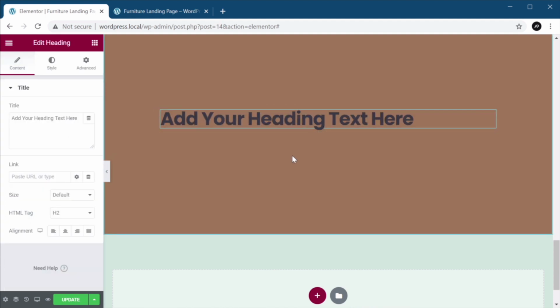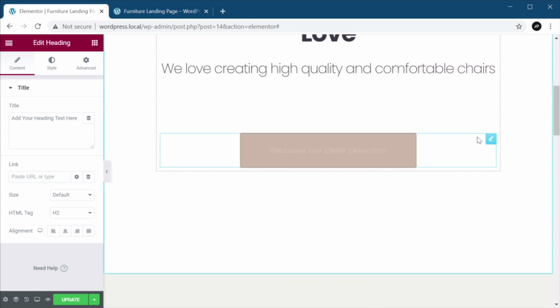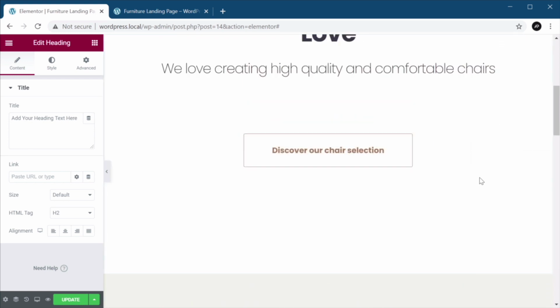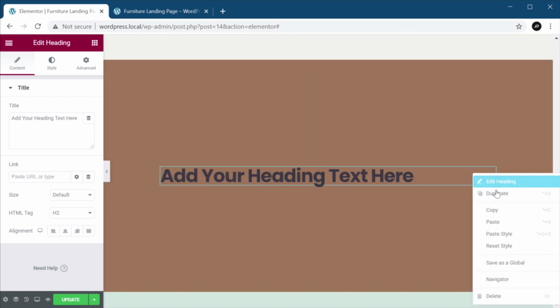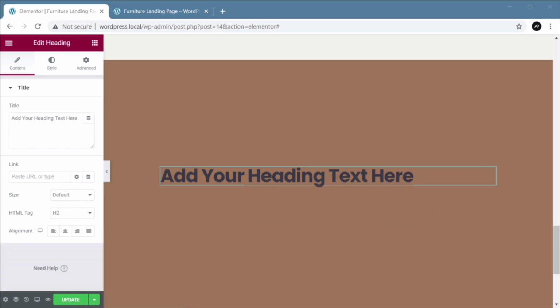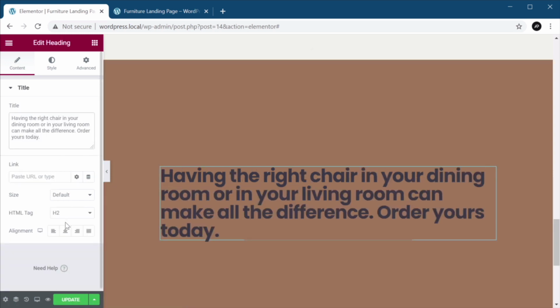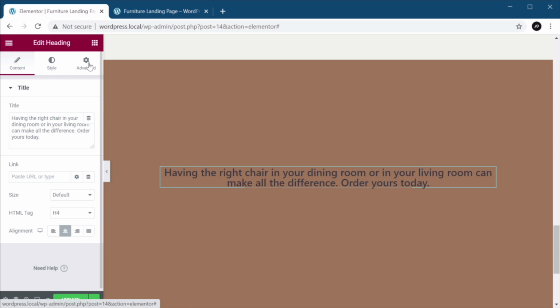and also a button. But for the button, I'm actually gonna copy this one and paste it right here. Okay, we can't see it yet because it's using the same color as the background, but we will in just a little bit. For the heading text, let's set this as an H4, align it to the center, and let's